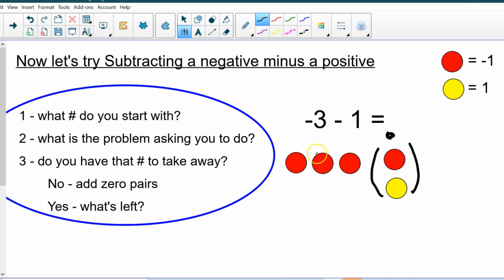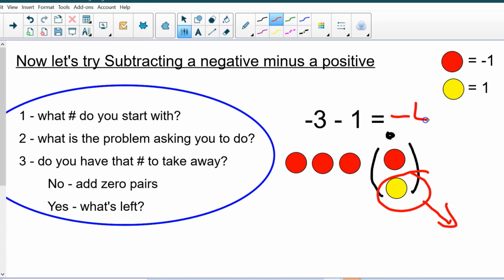This is still a value of -3. -3 and 0 is still -3. But now can I take away 1? Yes. Now remember, you're just taking away what it says, which is the +1. Take away the +1. And now we do have the number to take away, so what's left? And let's look. What is left? The 3 negatives we started with and the 1 negative that was left over from the 0 pair, which leaves